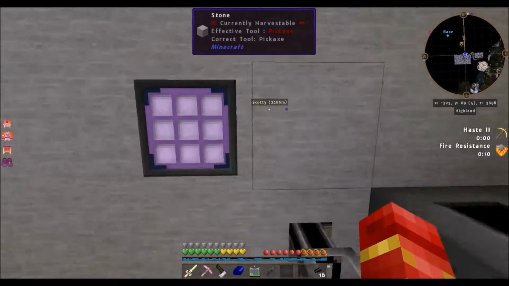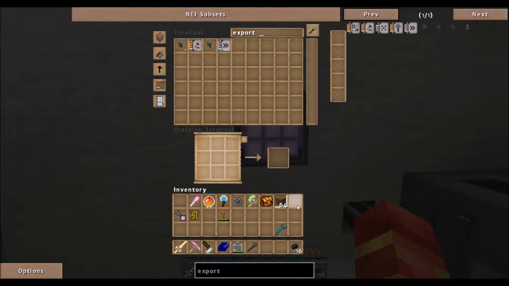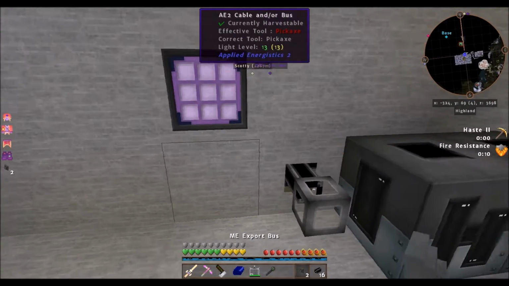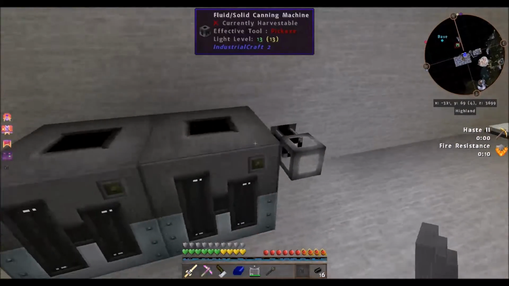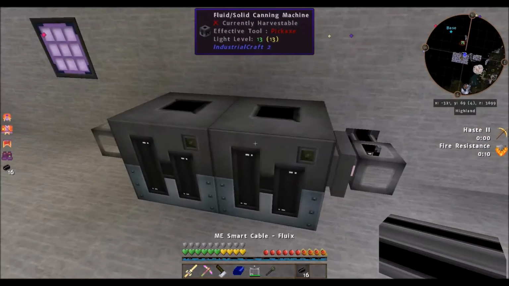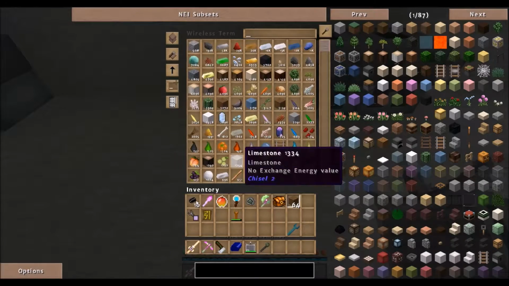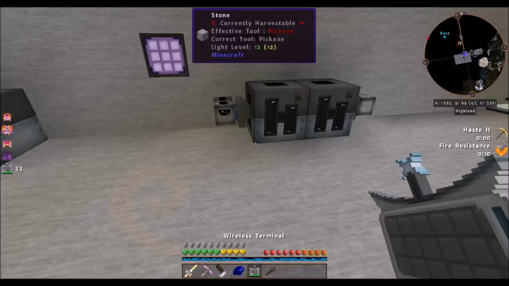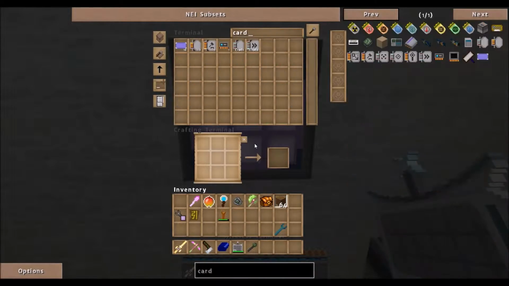Make the facades opaque again. And what we're going to want to do is make those export buses. Oh, what do you know? We already got a couple. I don't know how that happened, but I'm going to steal them. We can probably put these smart cables away too. Alright, they're both online and using channels, and now we need